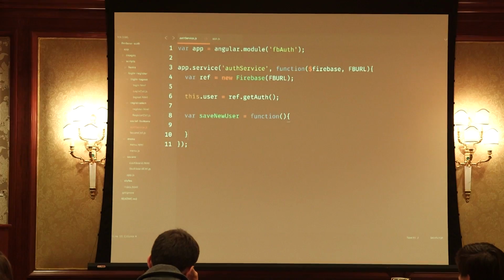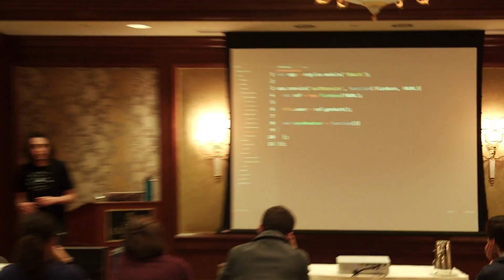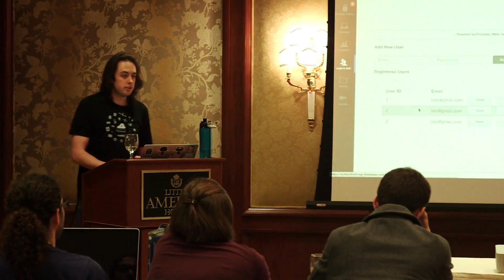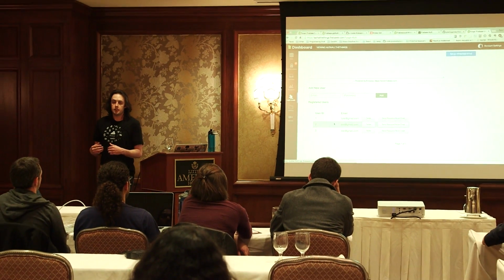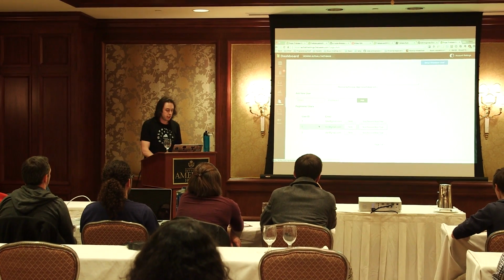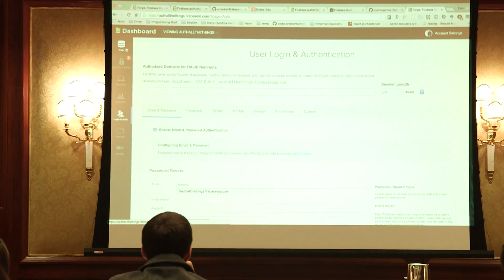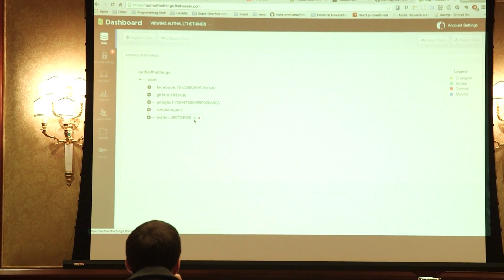So what's going to happen is that when we first register with Firebase, Firebase is going to do a few things for us, and it's going to not do a few things. The things that it's going to do for us is, inside of their system, they're going to create a new user for us. So if we come down here to login and auth, if you scroll down a little bit, all of these are the users that Firebase has created and saved for us. But what they don't do, and it's kind of weird at first, but you get used to it, and I can see why they don't, is they don't save that user for you in your database anywhere.